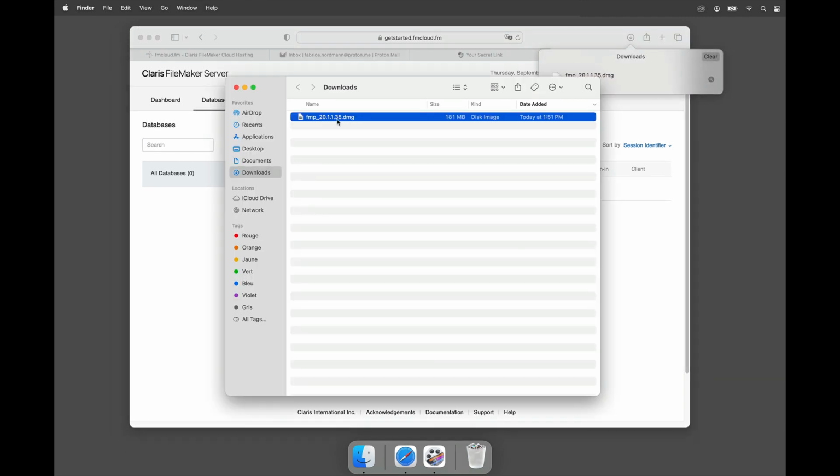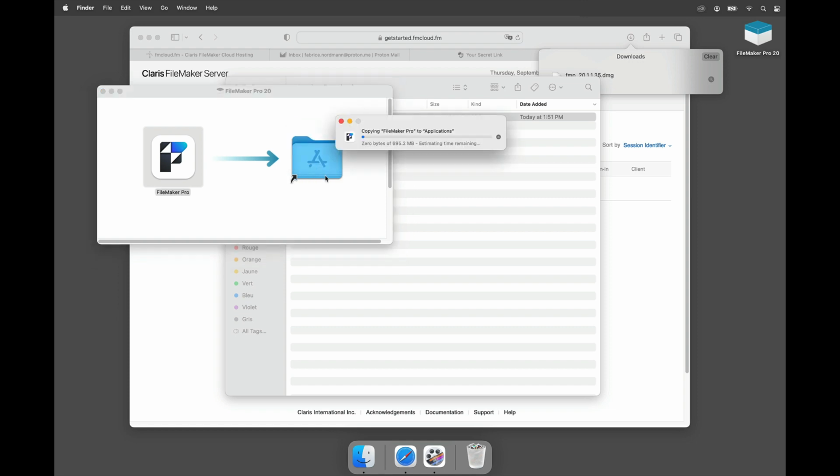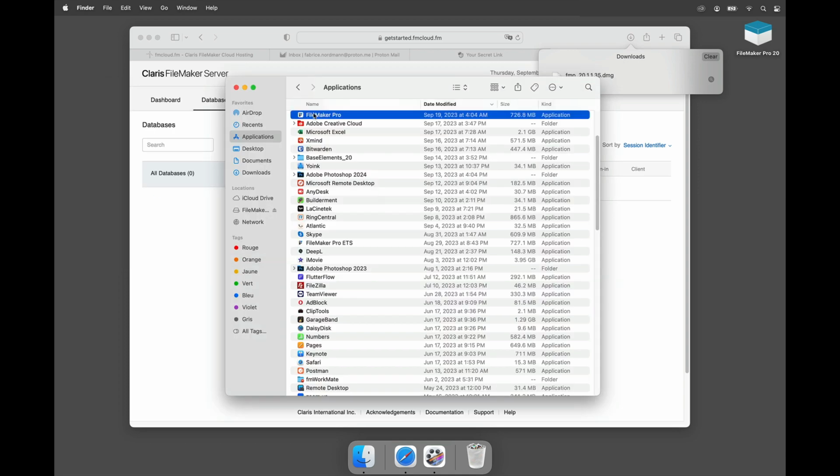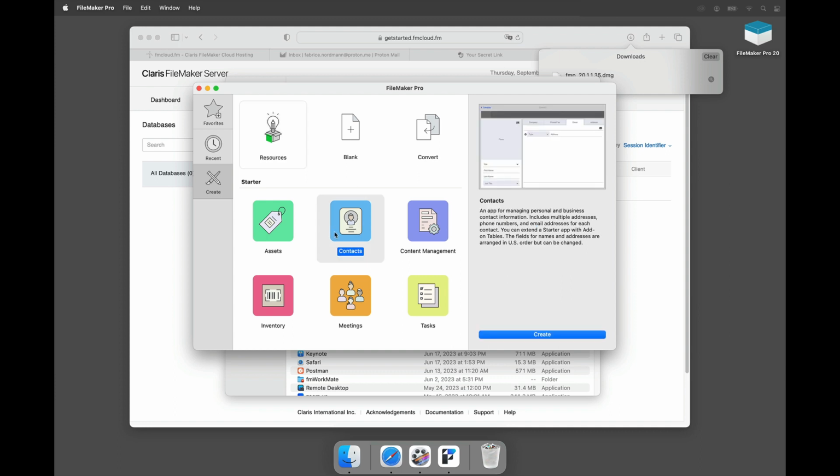And now my software has just finished downloading, so I can just install it. Let's double click, and on the Mac you just have to drag that icon to the application folder, and it takes a little bit more time on Windows, but then when this is done, you just double click the application folder and open the FileMaker Pro app. So here I'm on the Create tab, and I can start a new app by selecting a template,